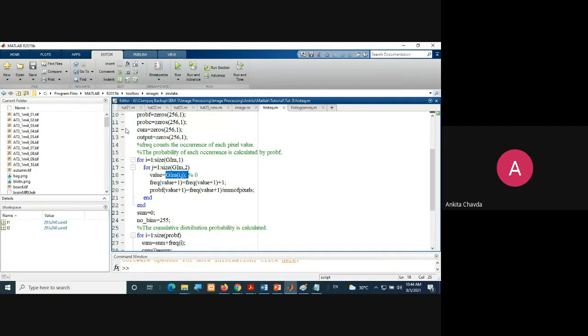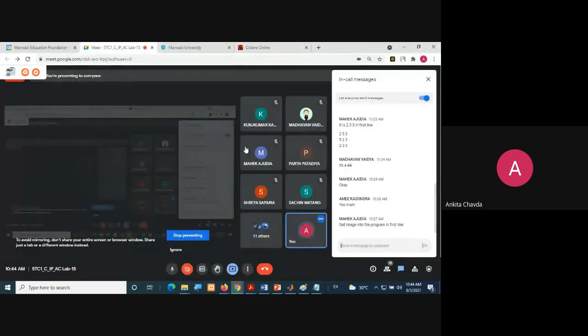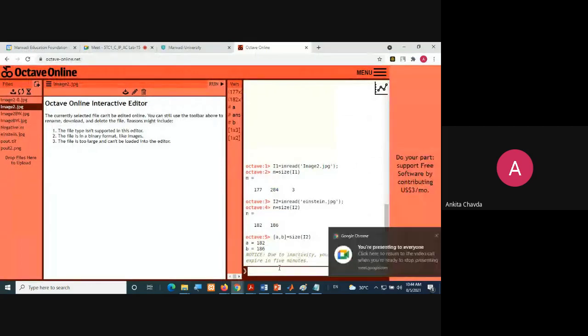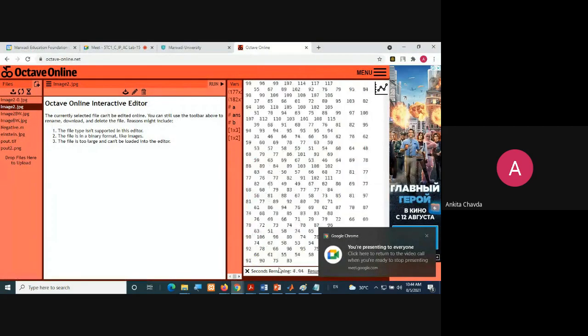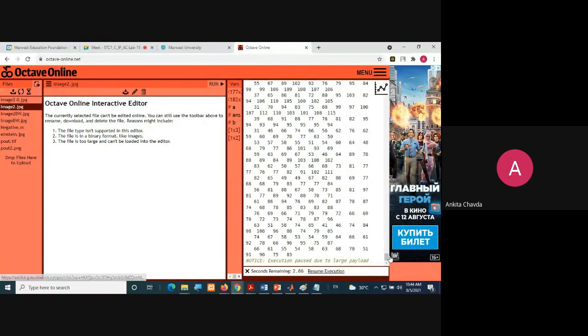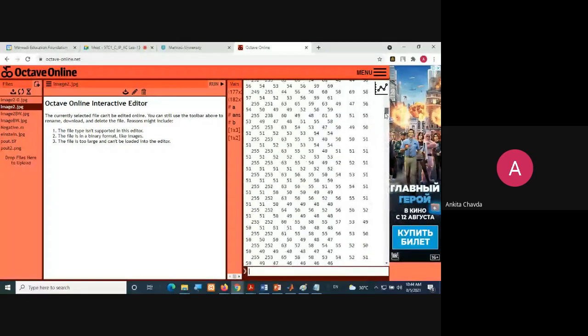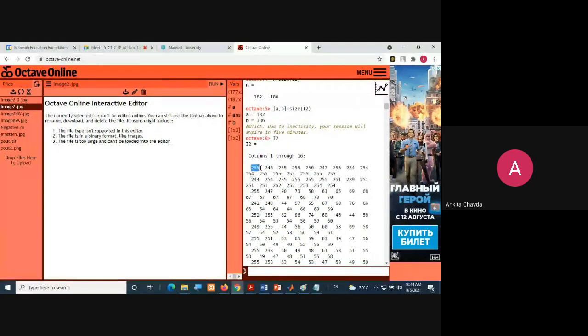So the same thing I'm doing here, check. In Octave, suppose I'm showing you my second image that I have read, I2. I'm considering my very first row and very first column. That value is 255, because the values here are intensities. I just want to count how many times this 255 is there throughout the image.